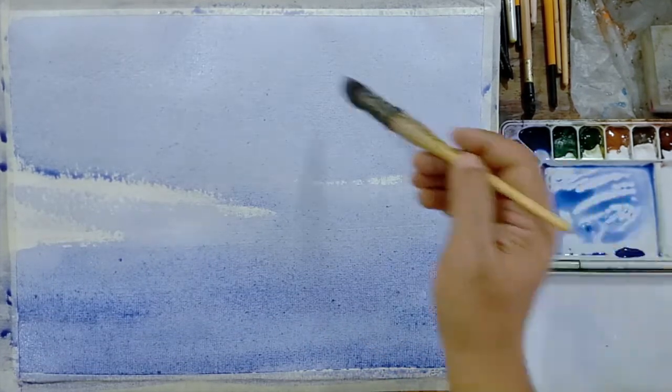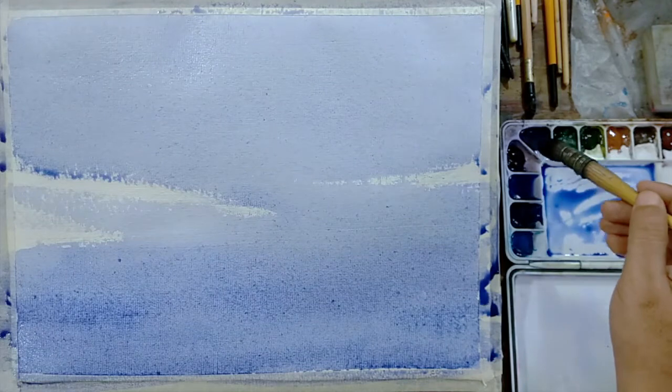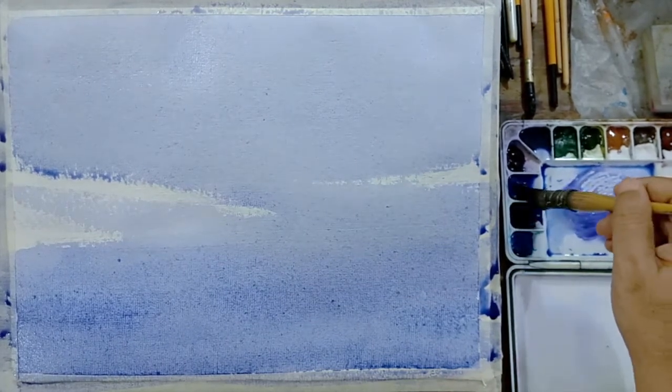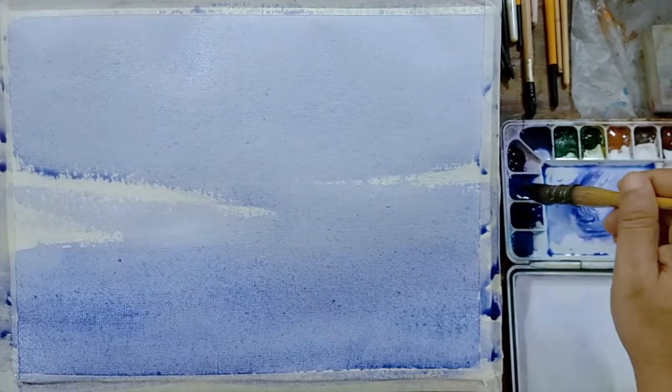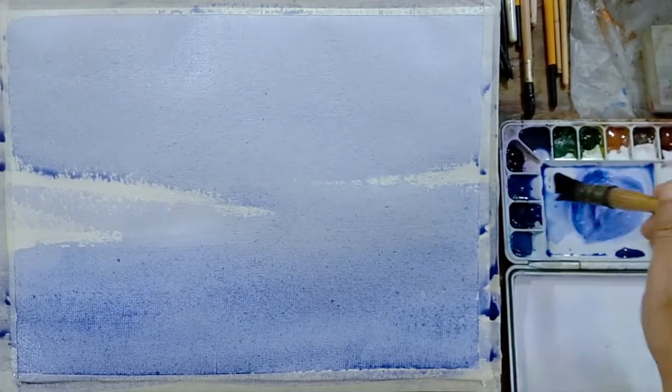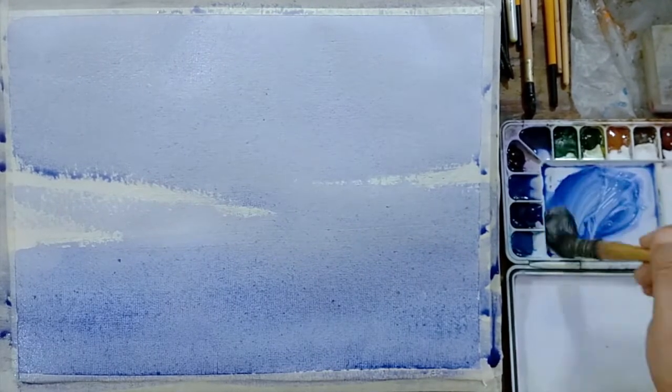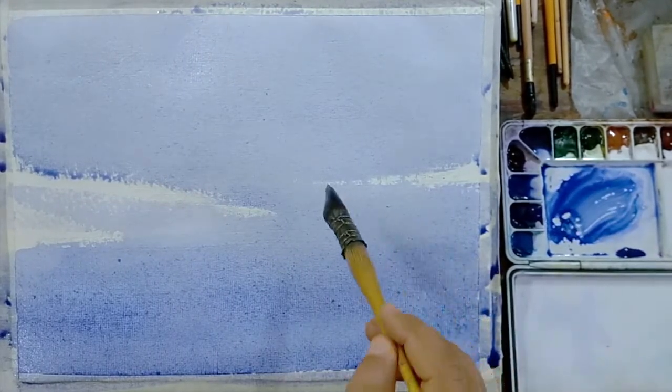I wanted to define some clouds or something. Okay, so how will you define clouds? A little bit same color, maybe I'll take more thicker violet. Okay, and